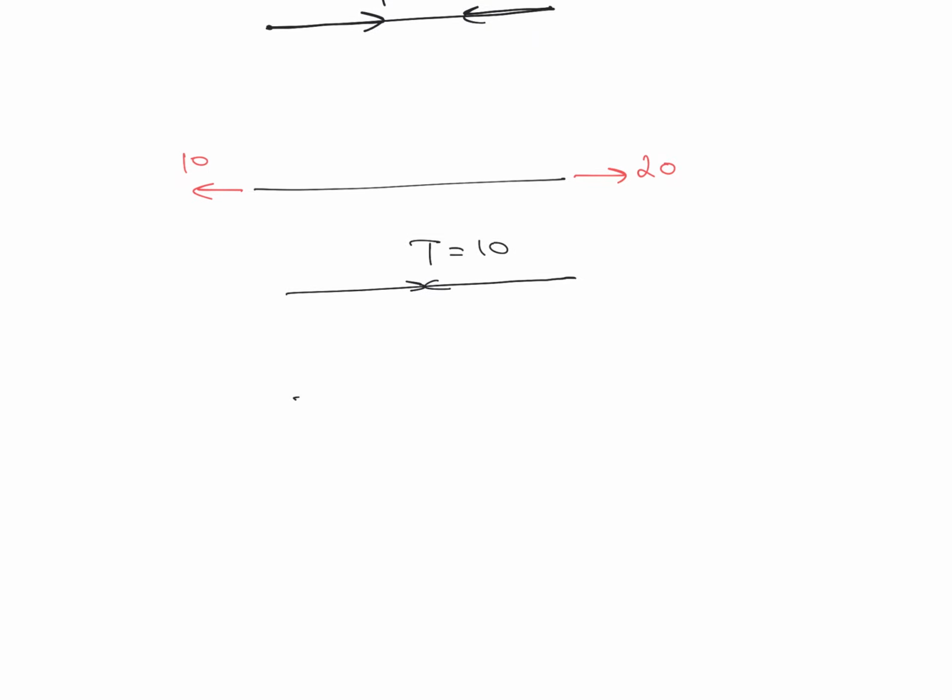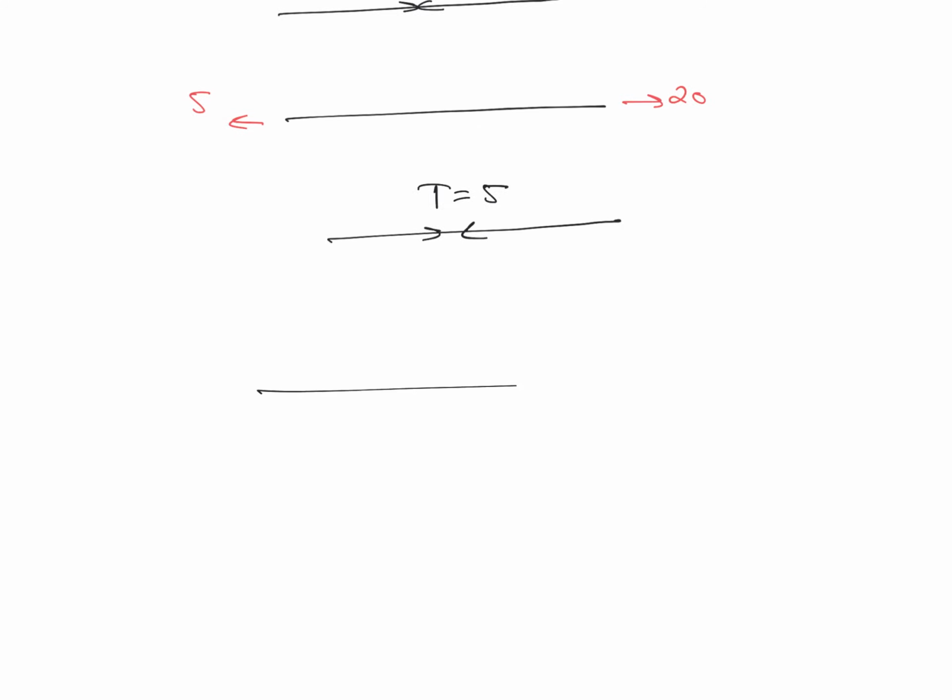We can take another example. Suppose there is a force of 20 Newton acting towards right, and there is a force of 5 Newton acting towards left. So the resultant force is 15, because of which it is accelerating, and the remaining 5 Newton force is converted in the form of tension. So over here tension will be equal to 5. Always remember that whatever the value of the minimum force acting on one end, that will be the value of tension.